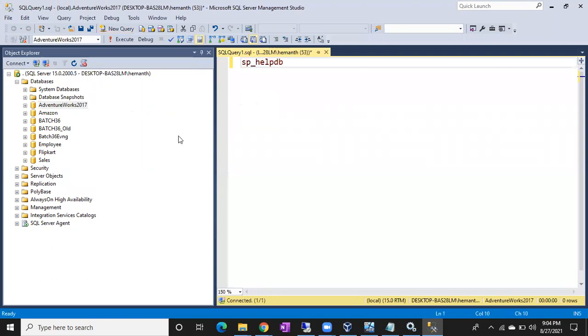What is the compatibility level for 2014, 2017 databases? What is the compatibility level, guys? Very easy. Already you know the answer.